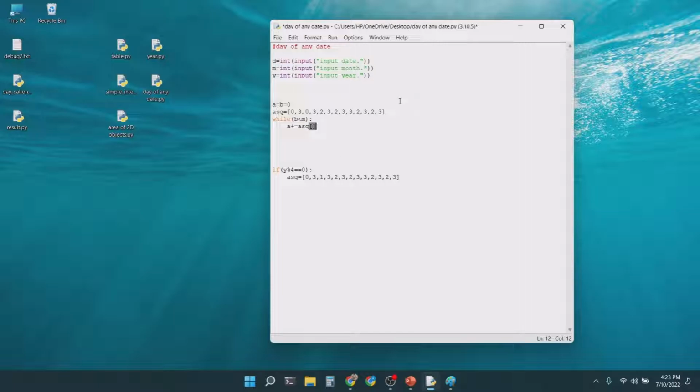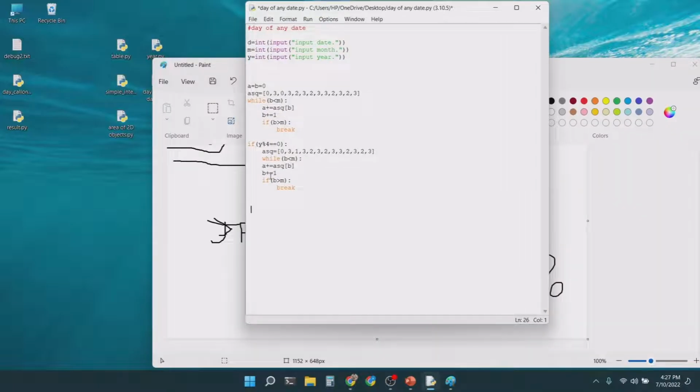Here it is. B means if it's 0, then we just get this. Now it's going to be added, but first we'll write B plus equals to 1, so that B also gets incremented. And if B is greater than M, then break. So up till now you have just calculated the odd days from the month, but